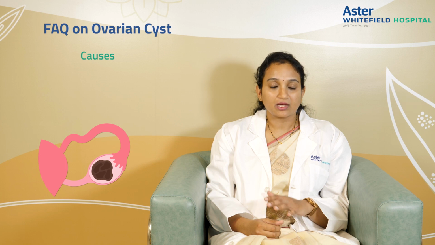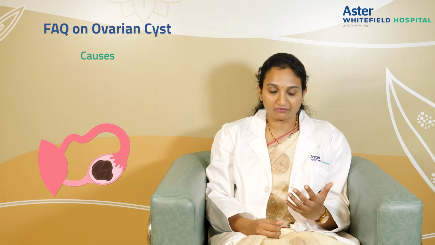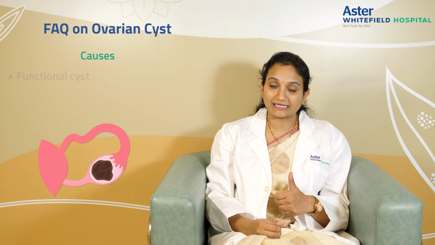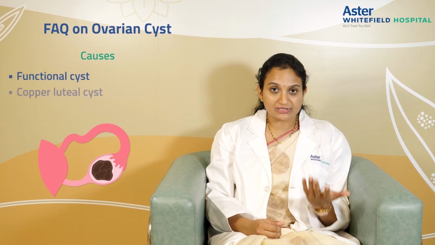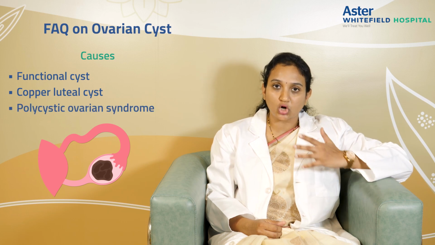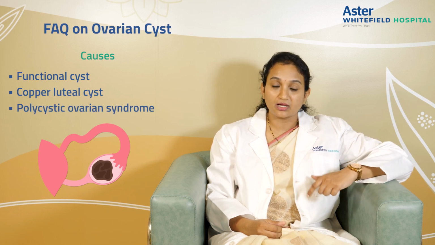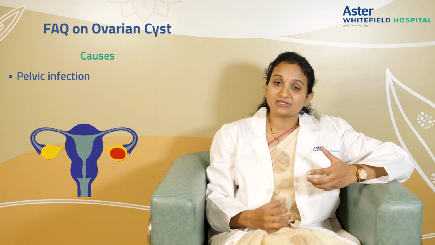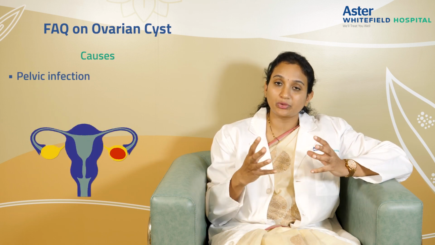So what causes an ovarian cyst? Usually in women in their reproductive age group, the most common reason is the hormonal milieu. So it could either be a functional cyst, a corpus luteal cyst, or a polycystic ovarian syndrome. So this is a very common cause for an ovarian cyst. Second, it could be severe pelvic infections. What happens is with a severe infection that forms a fluid-filled collection which affects both the ovaries and the fallopian